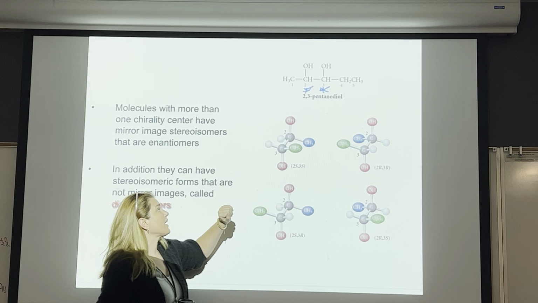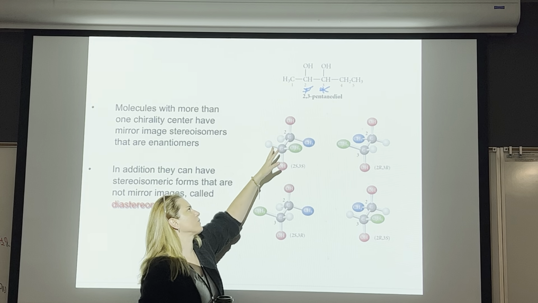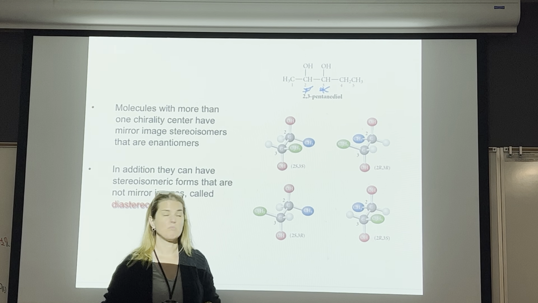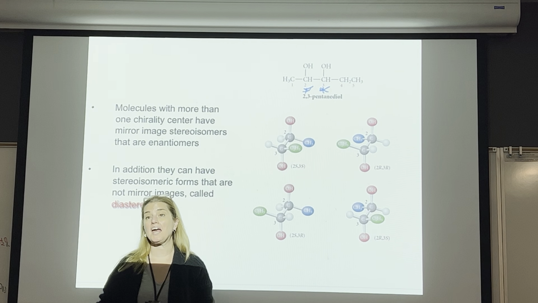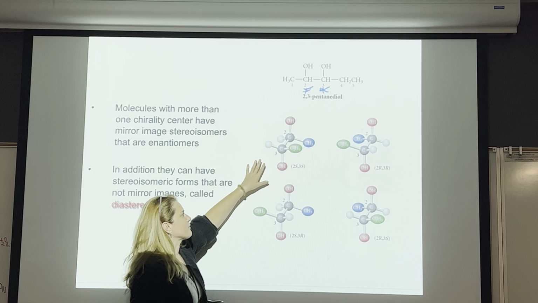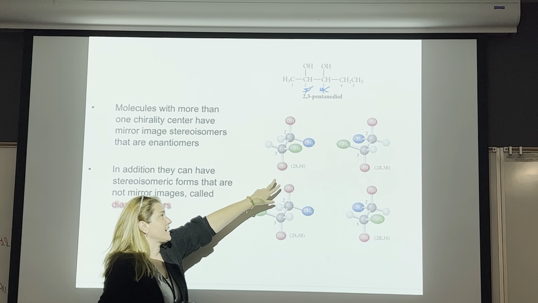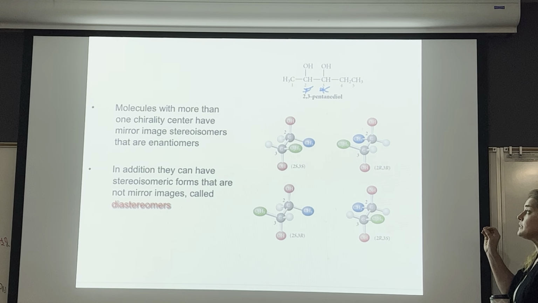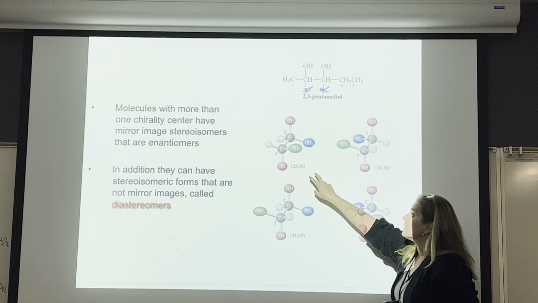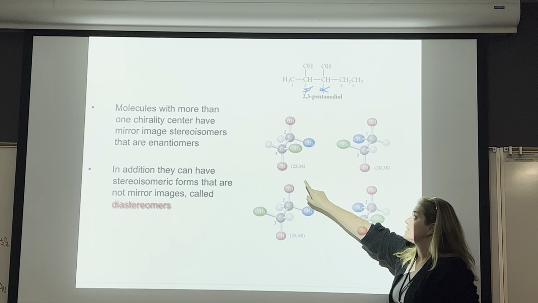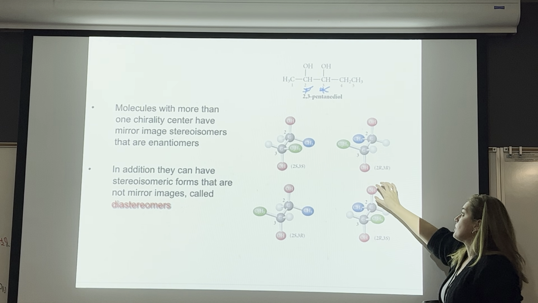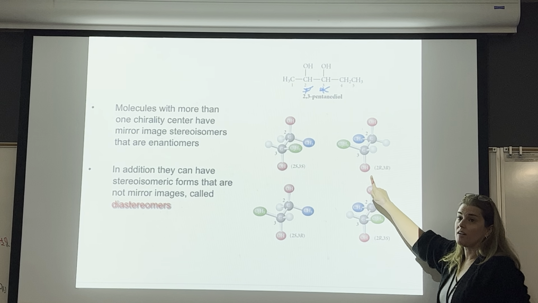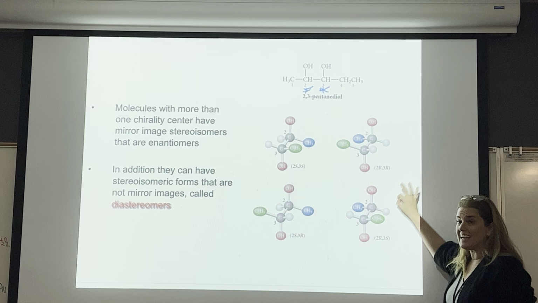So you can get where carbon number 2 and it's backwards, because my brain wants to go 2, 3 like that. Doesn't your brain want to do that too? But no, they had to put it like this way, and I'm like, why? But anyways, 2 and 3 are S, that's the orientation. So if we were to draw the enantiomer of this one, it would be the exact opposite. So if 2 is S and 3 is S, then in the enantiomer you have to have 2R, 3R. So these two right here are enantiomers because all of the chiral carbons are exactly the opposite.